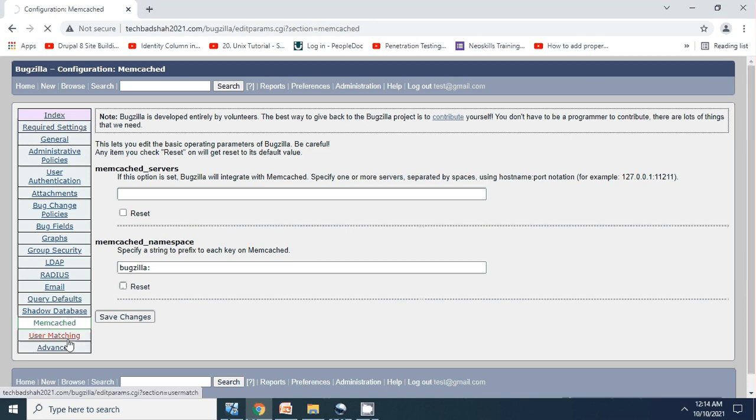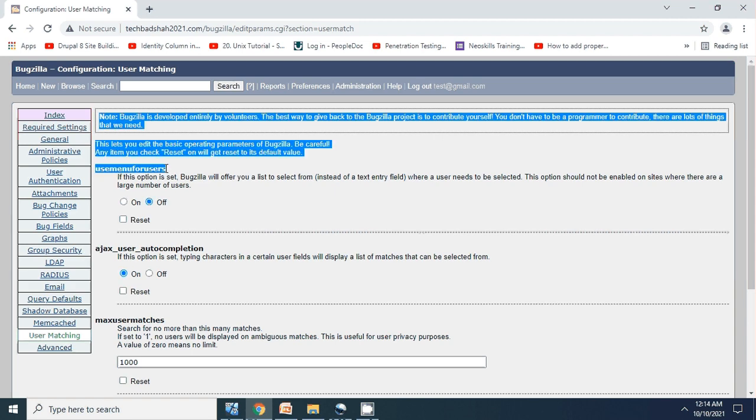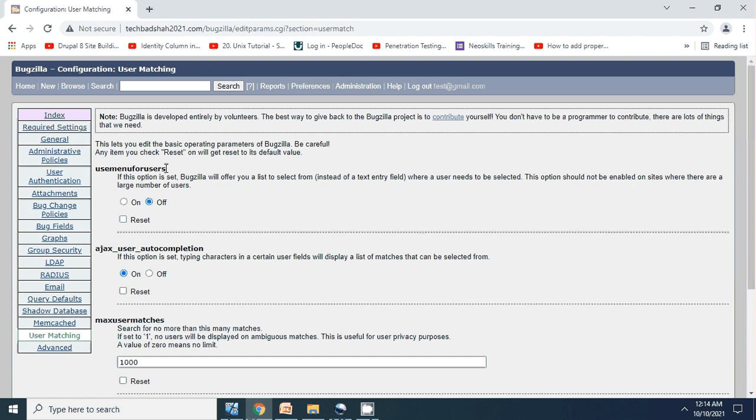Coming to user matching, first is use menu for users. By default, when you go to the user creation screen or the user management section of Bugzilla, it gives you a text box and an option for whether it is going to be a full match or a partial match, and you can input your string or text there and search.